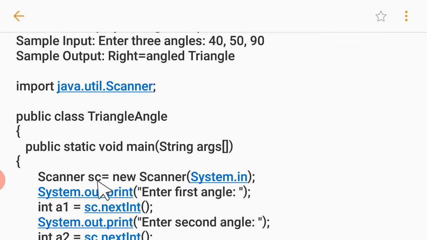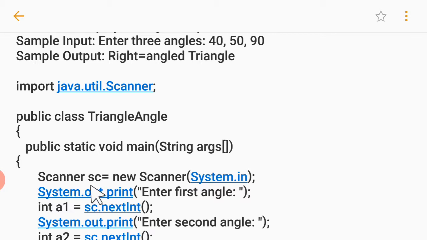Now we need to create an object of the Scanner class. So we write Scanner sc = new Scanner(System.in). Everybody knows how to create the object of a Scanner. Students, many people make a mistake. They write in. They think it's an input, so they generally give the name in to the object of the Scanner. But it's wrong, because you can see that we always write System.in. In is already an object. So never try to write in one more time, or give the name in to the object of a Scanner.